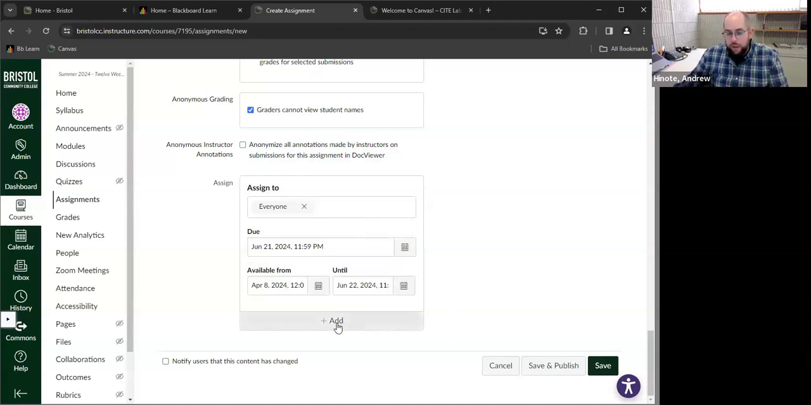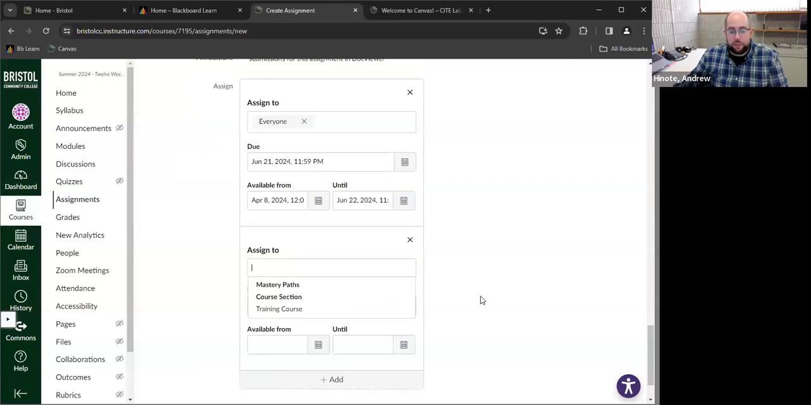But wait, there's more. If you click this little add button down at the bottom, you don't have to have just one due date. So if you've ever had a student who you needed to give an extension to, or you needed to give more time, you can do that for assignments now. So if I wanted to give, let's say,